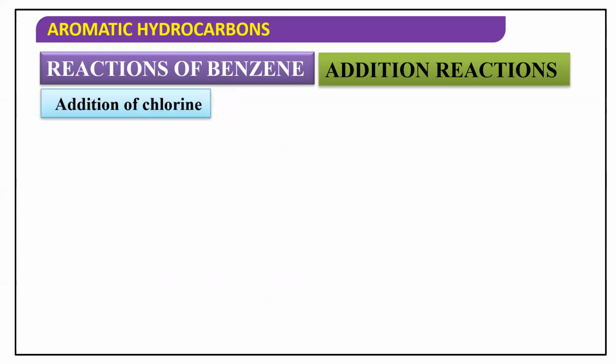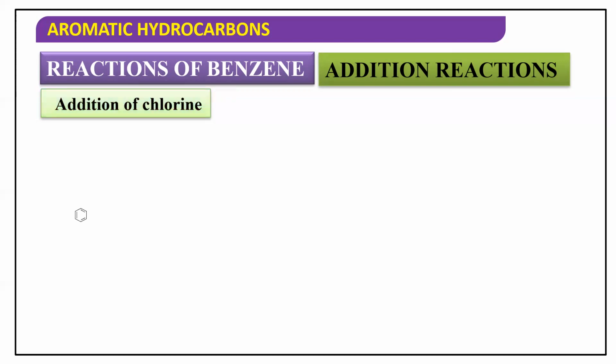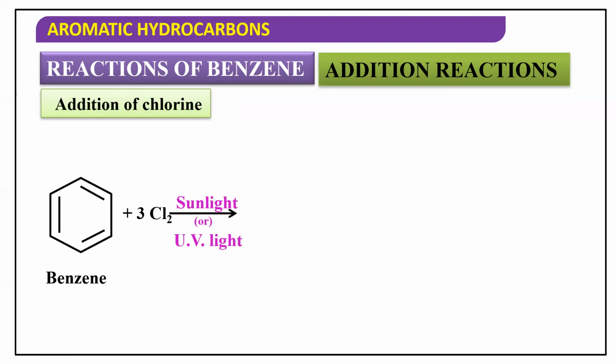We can also add chlorine. So chlorine can also get added to benzene, where it can react with 3 moles of chlorine in the presence of bright sunlight or UV light to give benzene hexachloride. So benzene can add on 3 moles of chlorine in the presence of sunlight or UV light to give us